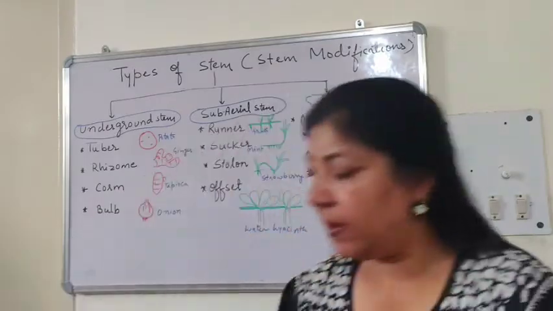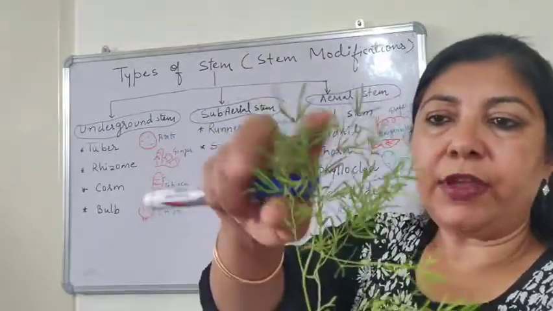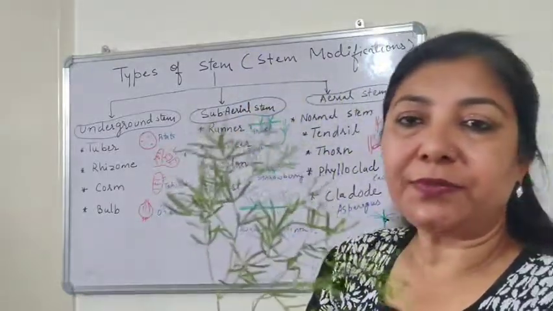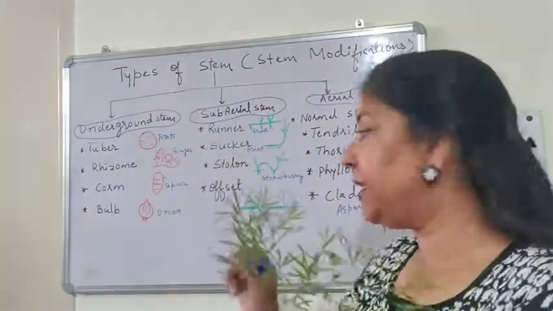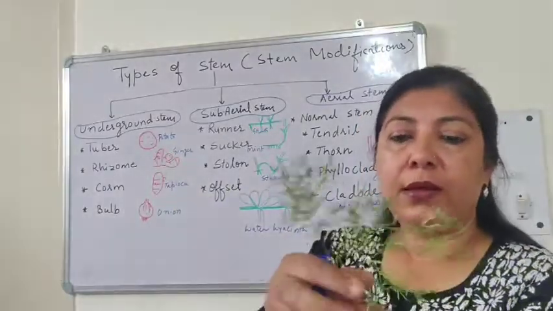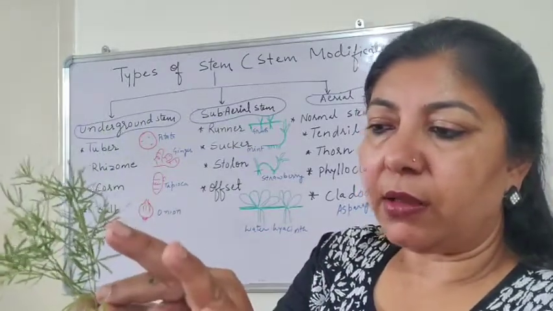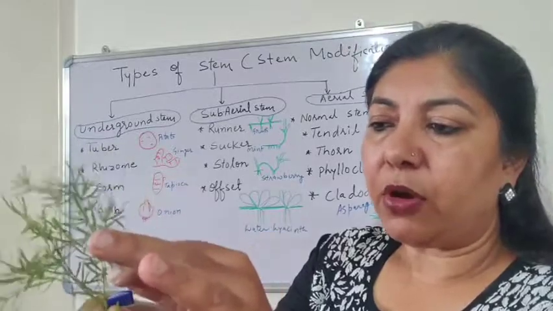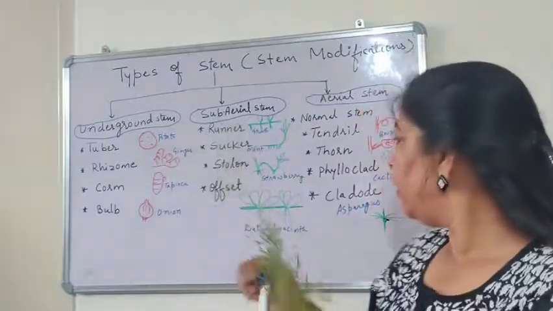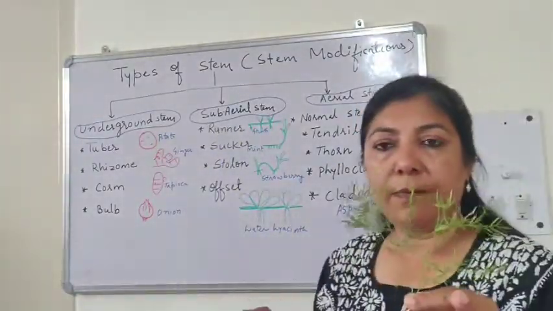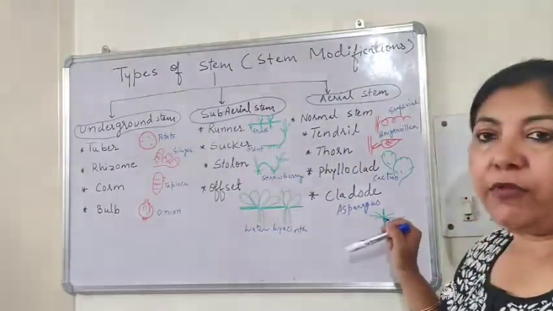Then I will show you another structure. This seems to be a branch having many leaves, but these are not leaves. These are also stem modifications which perform the functions of leaves. These are called cladode. See, leaves are again just spines here. But the stems or the branches have converted into leaf-like structures which are called cladode. You can see these structures are cladode. They are not leaves. So these are the aerial modifications.